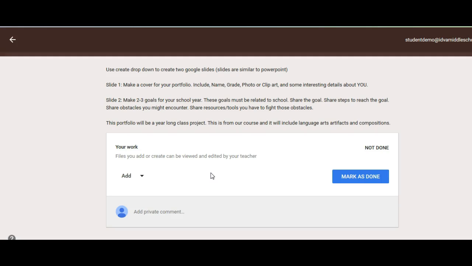You can be creative. You can put your artwork up there. You could put a poem you wrote. You could put a design that you create, or you could simply put your name, grade, and a photo. It's up to you. On slide 2, make 2 to 3 goals for your school year, and these goals should be related to schoolwork,